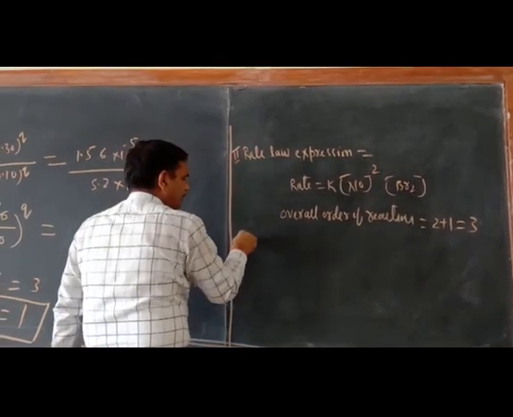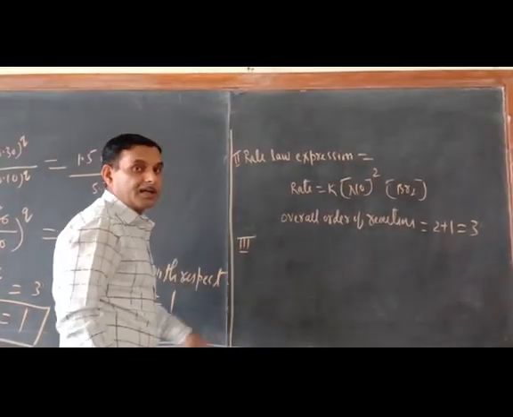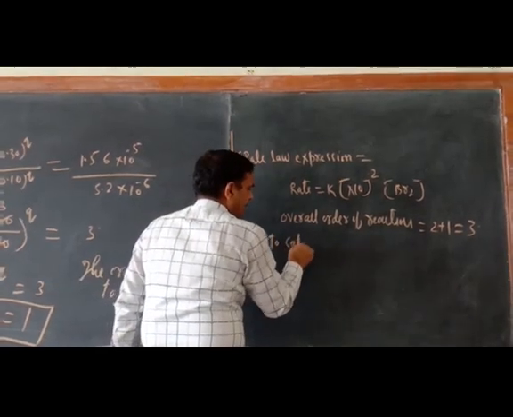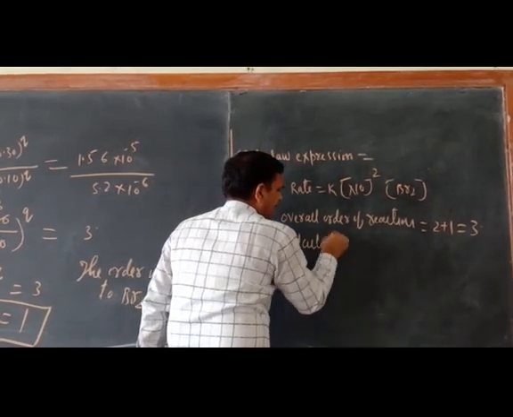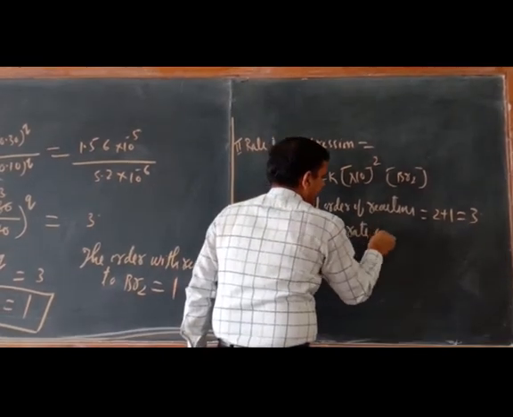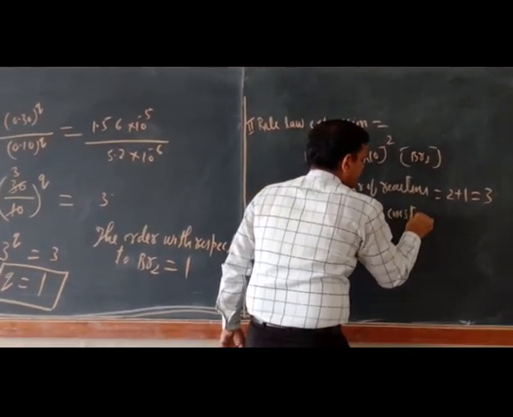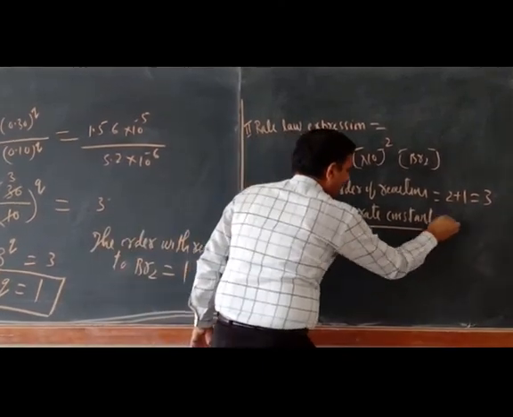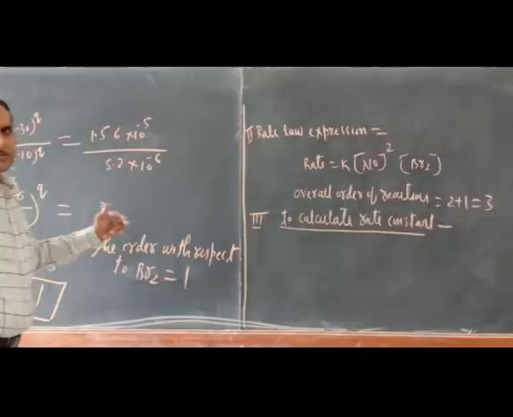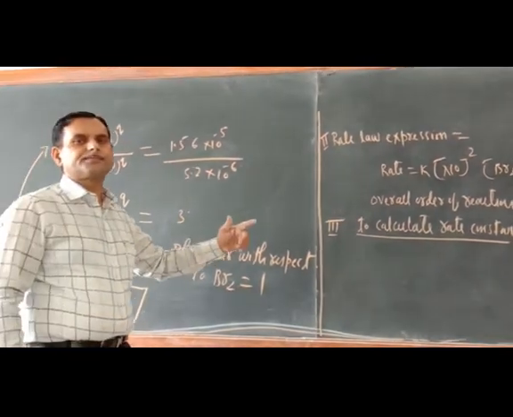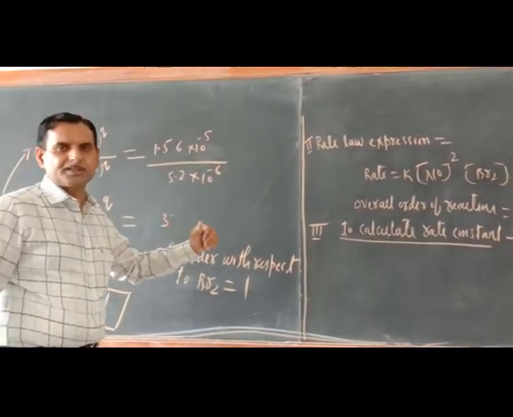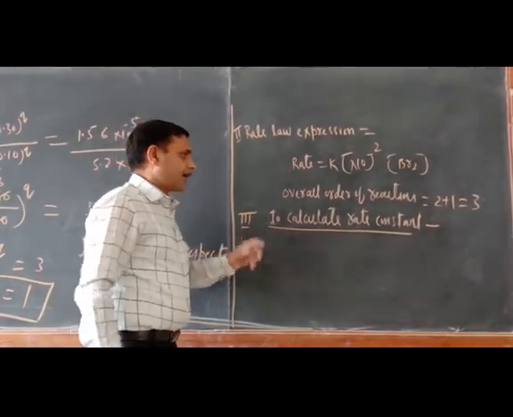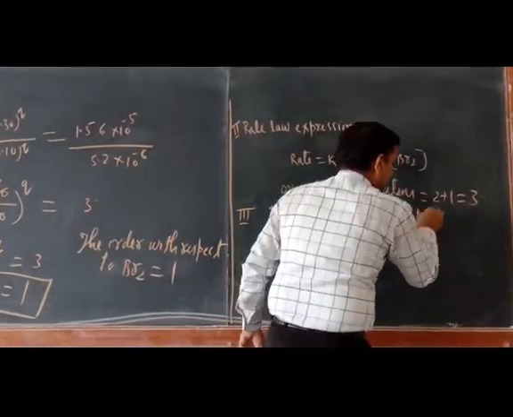Now third, so this was the second. Now third question they ask, calculate the rate constant. So just try to understand, to calculate rate constant, what should be there? With each experiment they have given the value of rate of reaction. So now just see, calculate the value of K, rate constant. Here means K value you have to calculate.